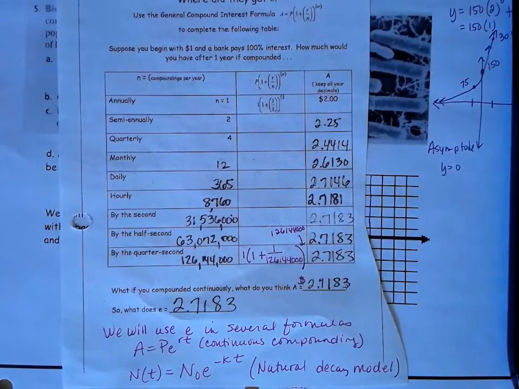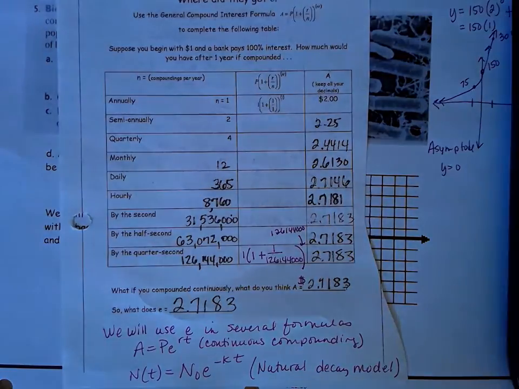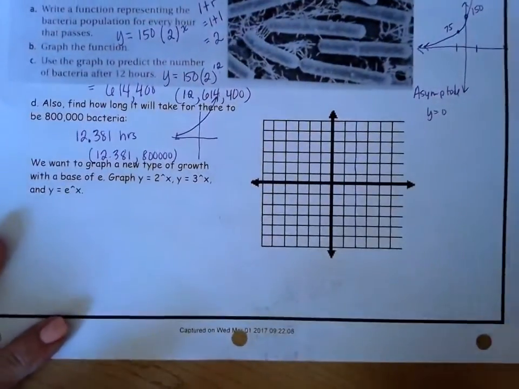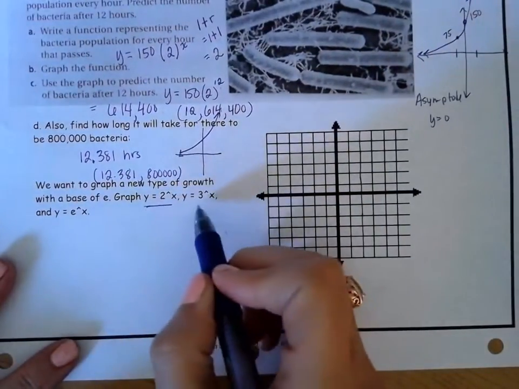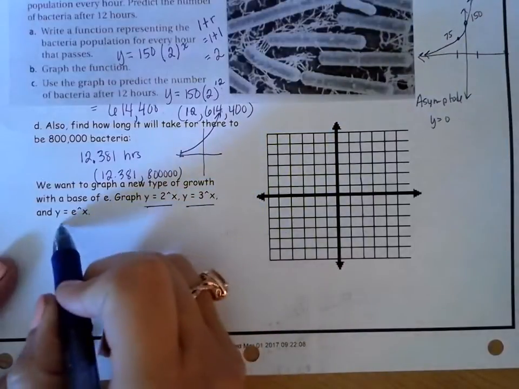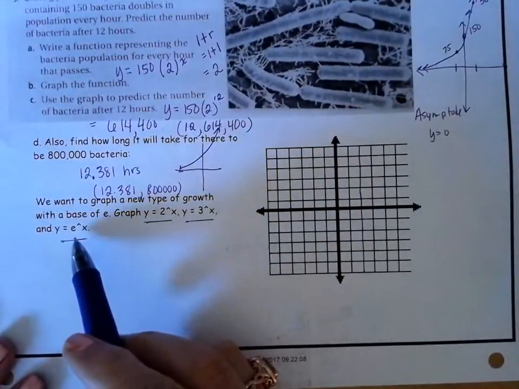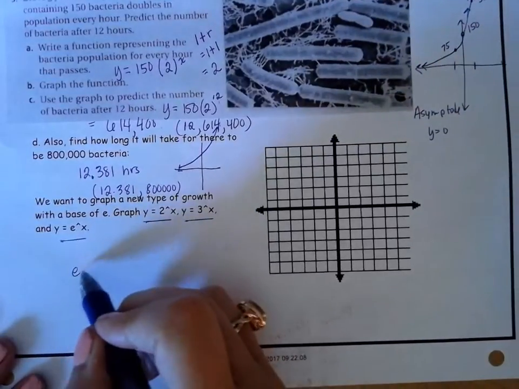So the next thing I want to do is actually graph e for you, just so you get a feel as to how it relates to what we've been doing. So I would like to graph y equals 2 to the x, y equals 3 to the x, and y equals e to the x. And this is just going to be an approximation,